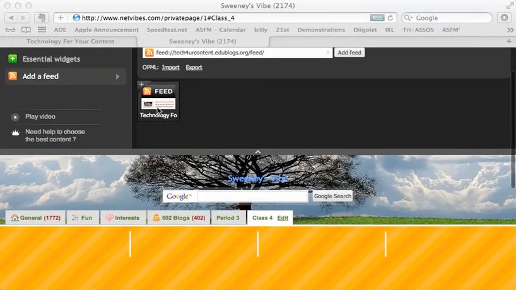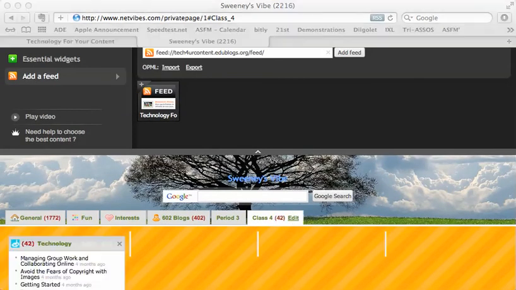Here you'll note that it pops up right there, and then I just drag and drop. And it shows up and